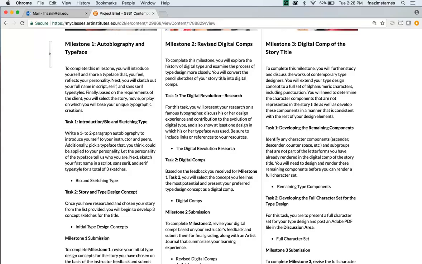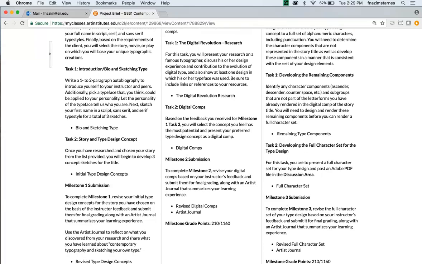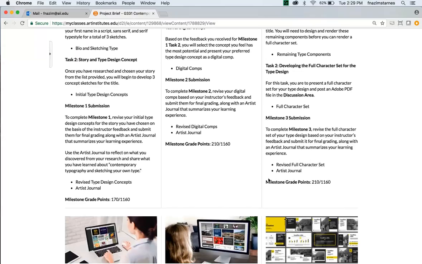Thinking about ascenders, descenders, counter spaces, subgroups, all these things that have to do with type anatomy and coming up with custom typefaces. And the second task is to develop their full character set for the type design, and they will get feedback. They will revise that hopefully, and provide all their findings of what they've learned through their artist